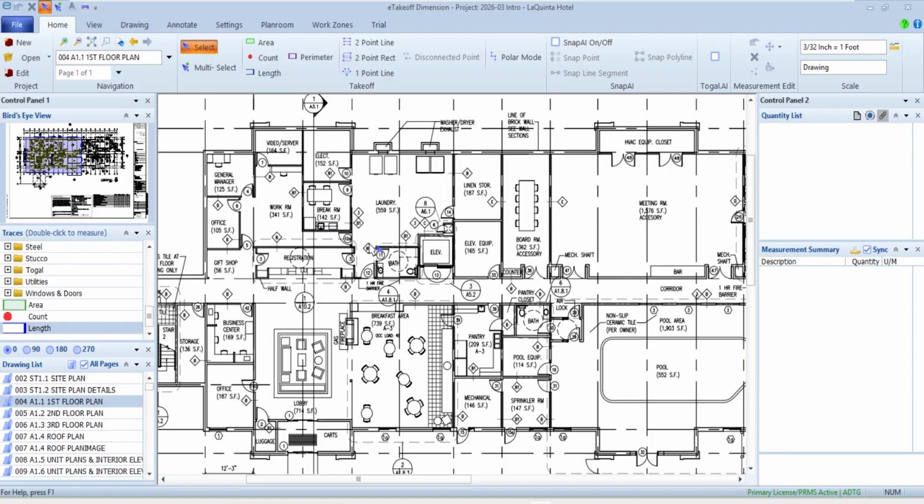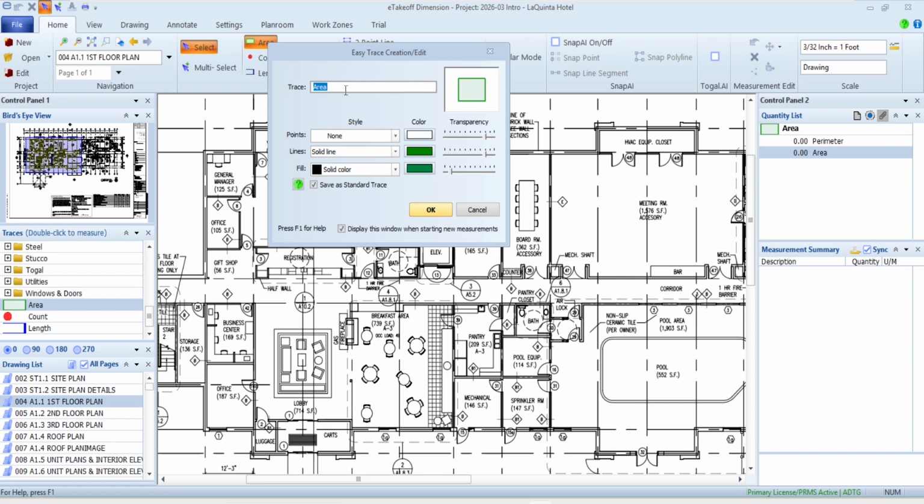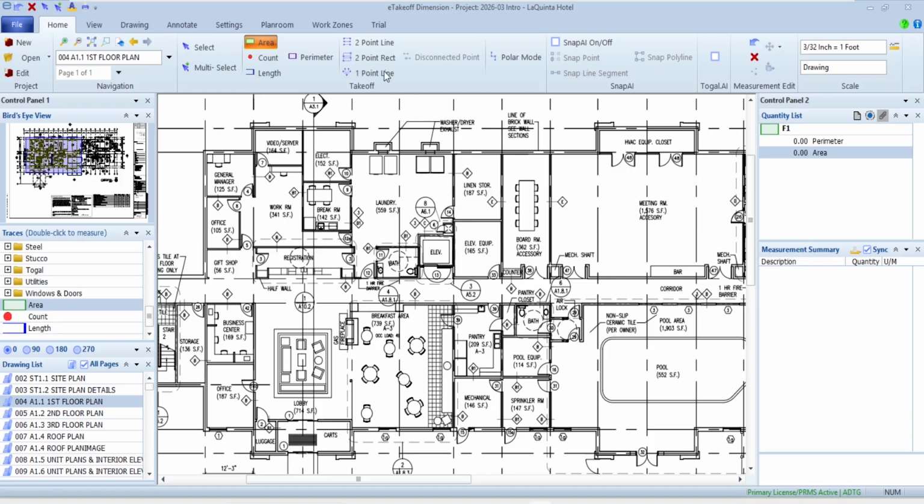The next one I want to take a look at is when you are doing areas. Let's say I've got floor type 1 or something like that. The 2-point rectangle will allow you to just do 2 points. 1, 2, 1, 2. As soon as you associate a top corner and a bottom corner, you can draw the areas a heck of a lot faster than trying to go around and dot all 4 corners. So, speed increase on that side of things.